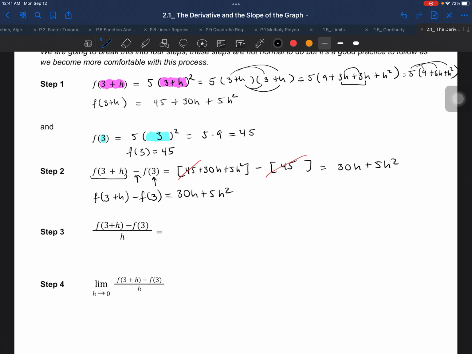Perfect. All right, so now let's go ahead and do step number 3. Step number 3 tells us to take whatever we found in the previous problem and then divide it by h. I'll put parentheses here all over h, and there you go. Again, every time you replace something by direct substitution, you have to put parentheses. And so if we look at this,